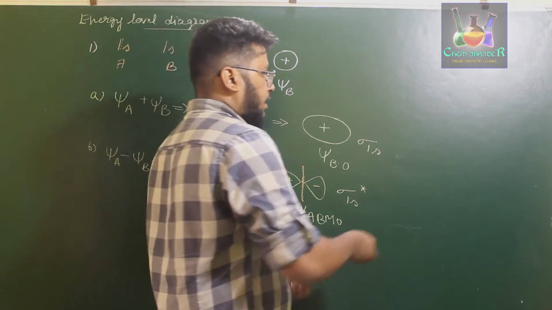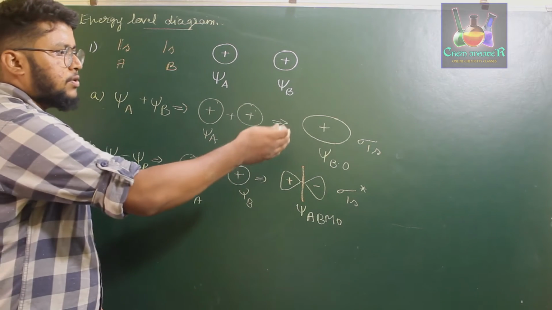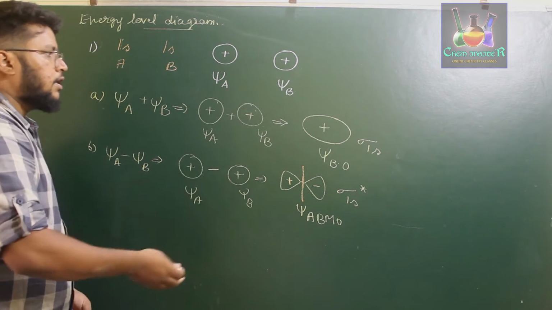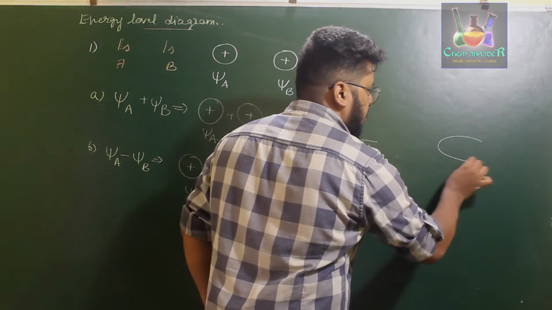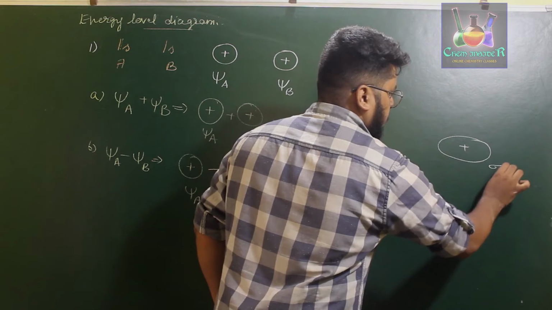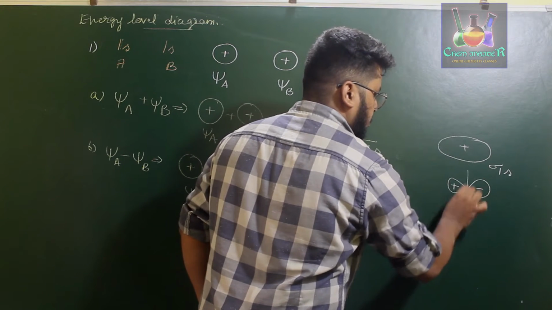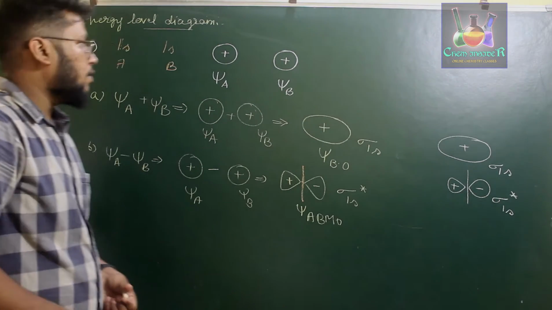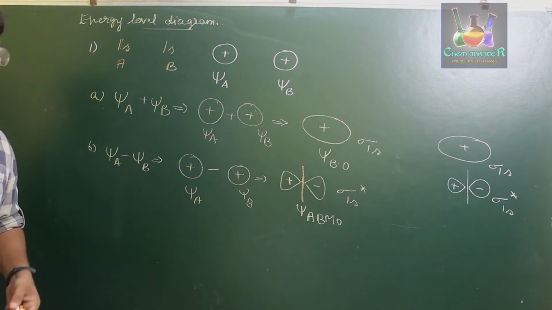So I'll write down on this right hand side, because we need to write more about 2s and 2p also. I'll be writing the sigma 1s molecular orbital diagram and the sigma star 1s molecular orbital diagram on the right hand side, so that we can keep those two for revision. So this is the sigma 1s and this is the sigma 1s star. Okay, so now we'll observe the combination of sigma 2s. Sigma 1s and sigma 2s combination is almost quite similar.